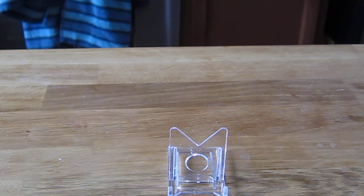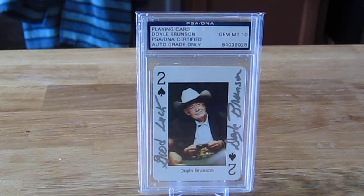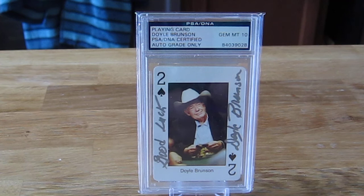Thought I'd break a little bit from sports cards and show you some of my non-sports cards, particularly my autograph collection. This card is actually what got me back into collecting. Oddly enough, the screen name CardTech has nothing to do with card collecting. Back in the day, in my youth, I used to go to Vegas about once a month, and I used